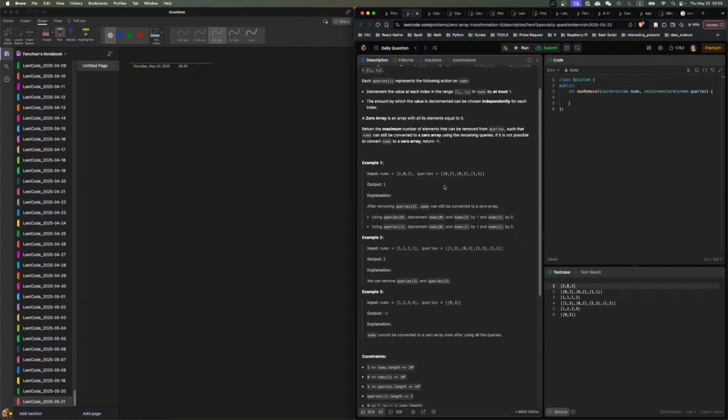Find someone that doesn't work, then you will just add it. Okay, this actually sounds like an algorithm. It sounds like an algorithm, but now what we need to do is